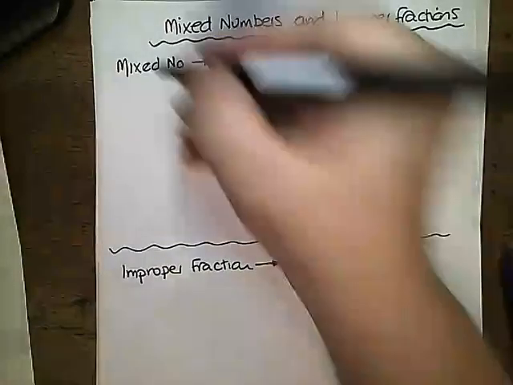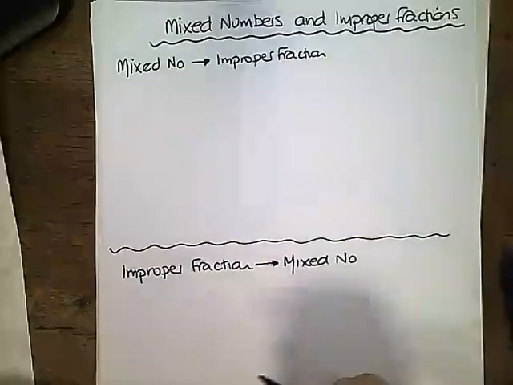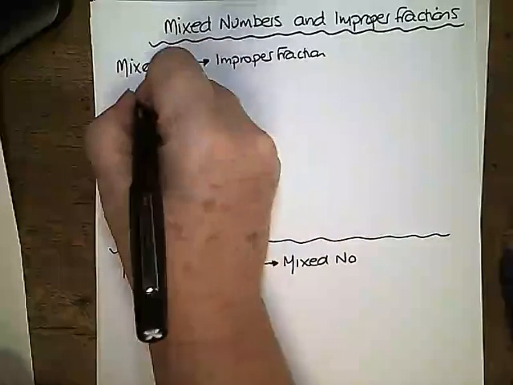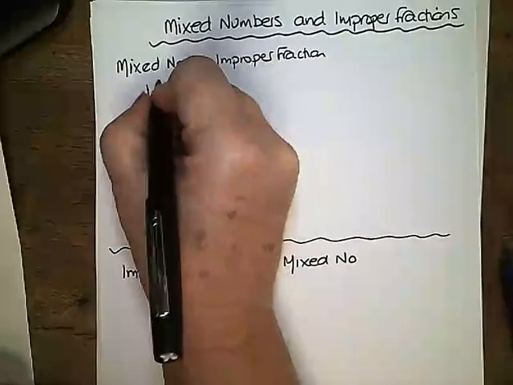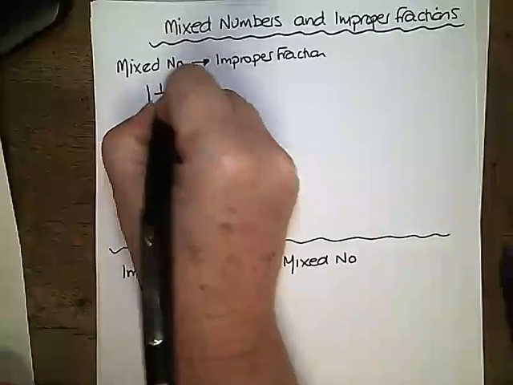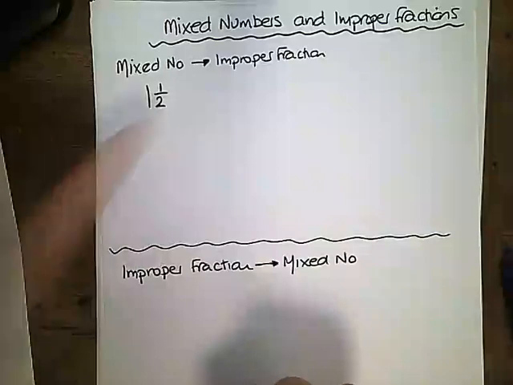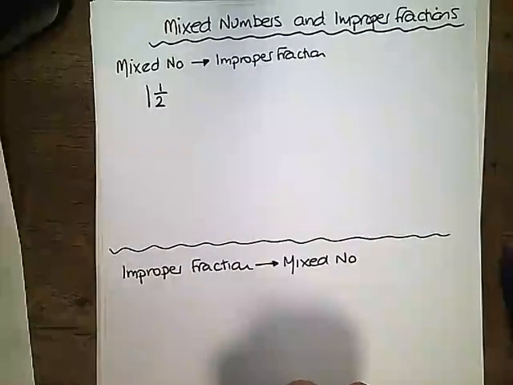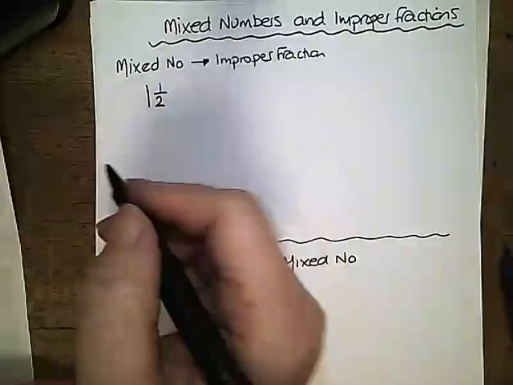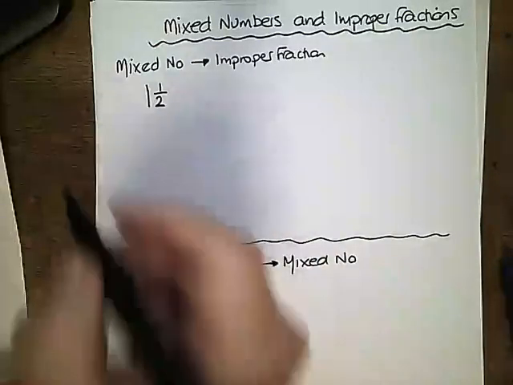back to mixed numbers. So first of all, a mixed number is a number that contains a whole number or an integer and a fraction. That's why it's a mixed number. It's got a whole number and a fraction. And if we want to change it into an improper fraction, so a top-heavy fraction, we do a cyclic motion